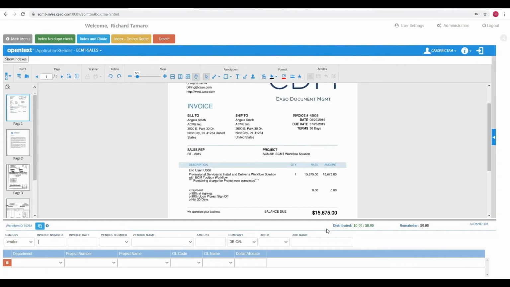Then I'm going to enter my invoice number, 45803. Give it an extension number because I've used this invoice multiple times. I'm going to capture the date of the invoice, 219, and my vendor number. I know this vendor well, so it's 987, and you'll see it does a database pull, automatically types in CDM for me. I'm going to type in a dollar amount,